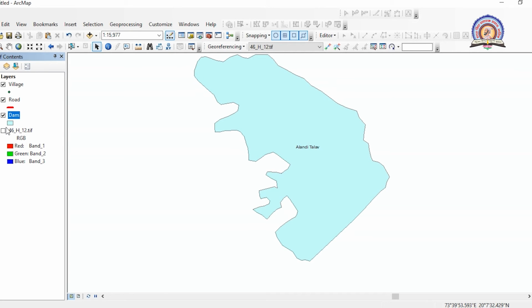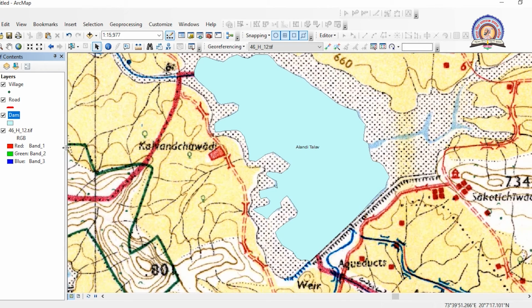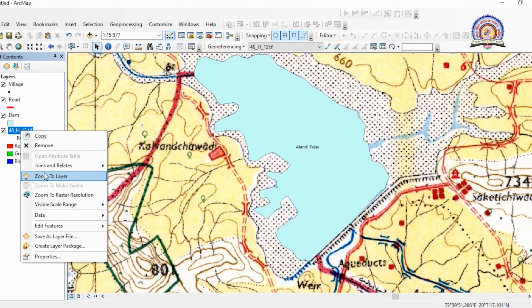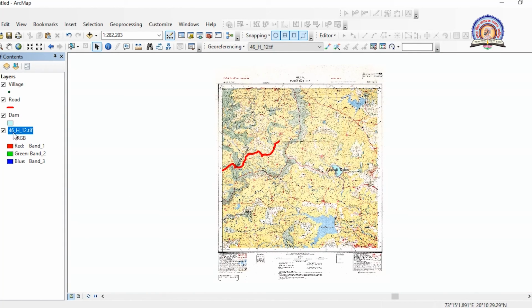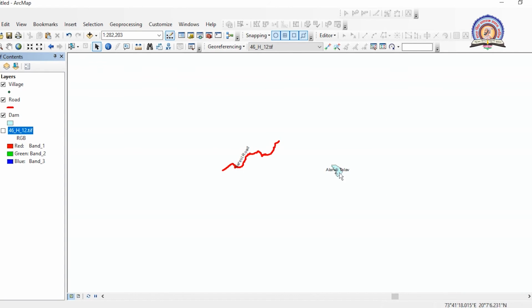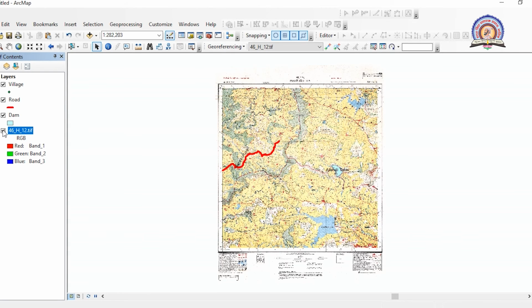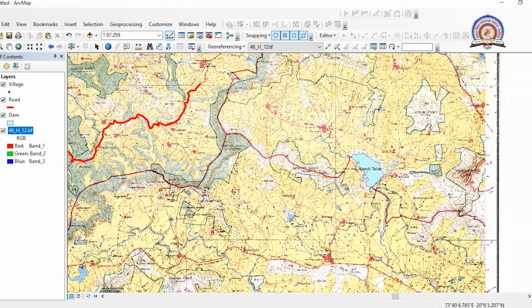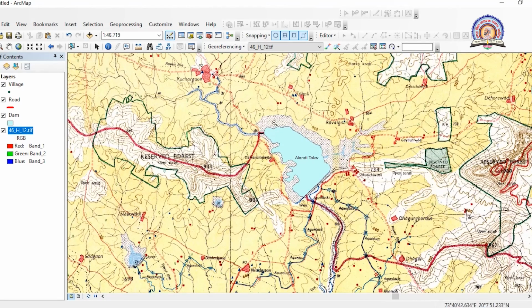So in this way, today we have created two layers of our map. One is a road layer and another one is a water body, that is Talab. By using the same technique of digitizing, now I will show how to make a point feature. We will be considering two three villages. Say I will be taking villages around this.